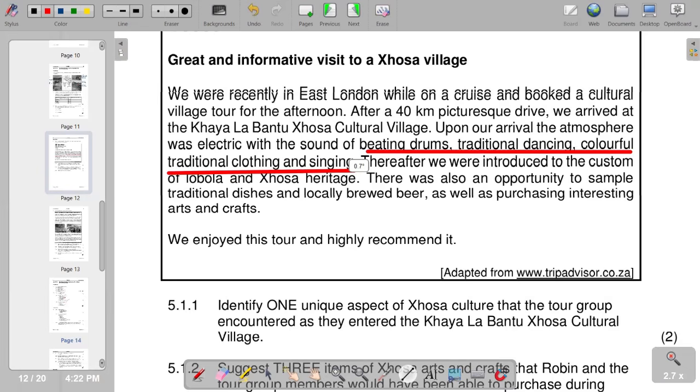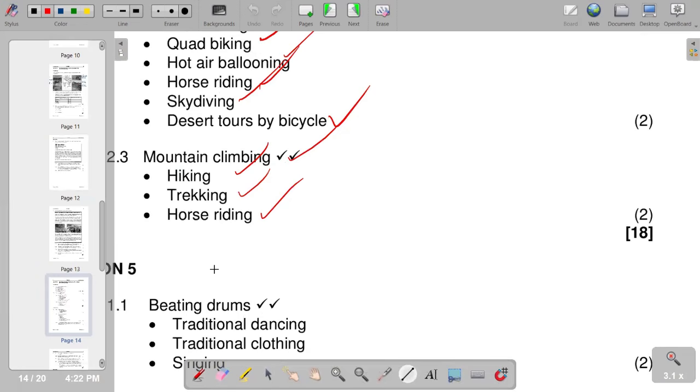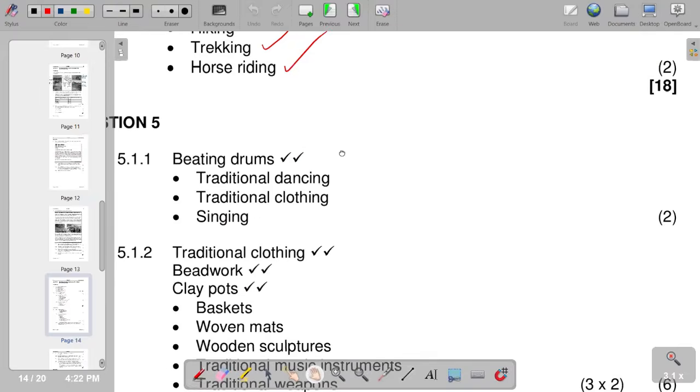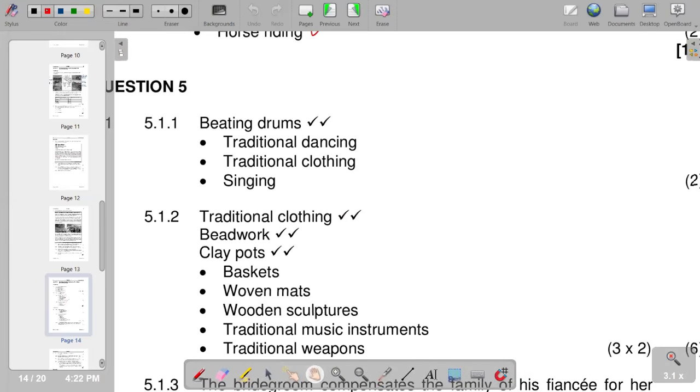So these are the points that we can come up with. We've got beating drums, traditional dancing, traditional clothing, singing. So those are the ones that we can come up with. Then on the next question,